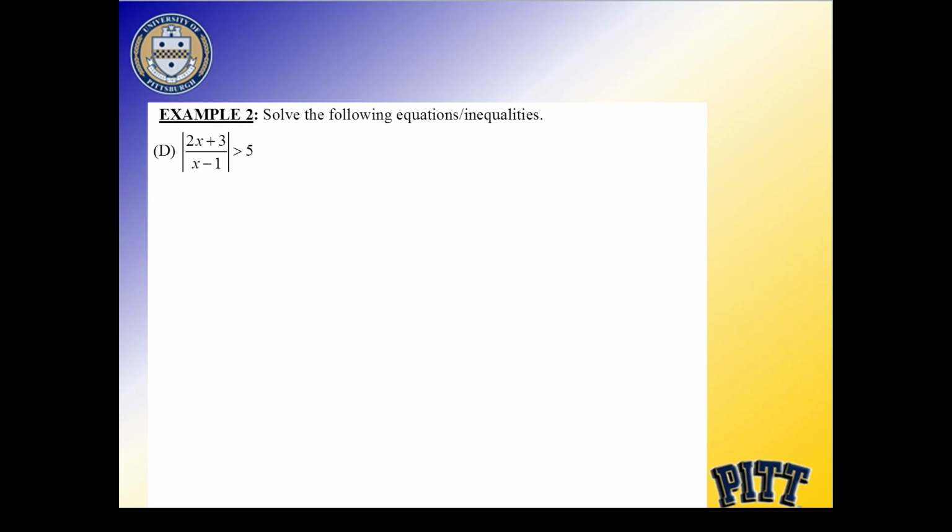Along with that, this is also a rational function, which means I have x's in the denominator. And one of the things we typically do is get rid of the denominator part, because we don't like having variables down there when we're trying to solve an equation. The problem is if I'm multiplying both sides of an inequality by anything that will help me deal with the x minus 1 down there, which means it's probably going to involve a variable,